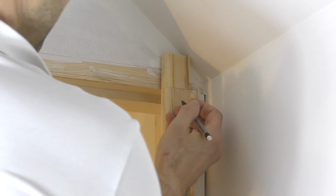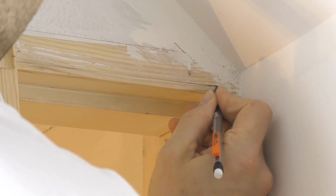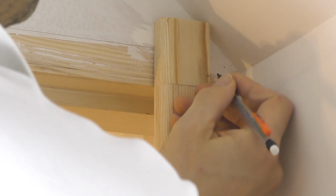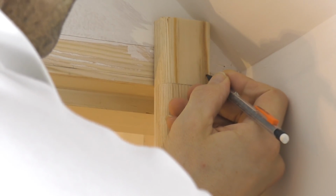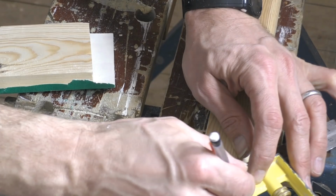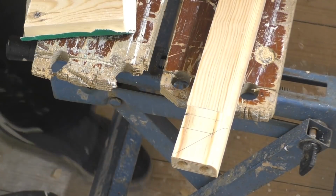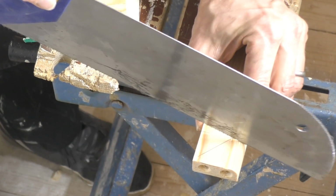So the first thing I can do is get the height right. So I'm going to, again, using that line there, transpose that onto the front of the piece of architrave, and then I know that we're then going to angle that up and away like that. None of you are going to have tricky angles to cope with like this, but